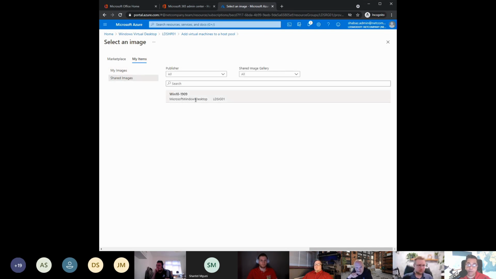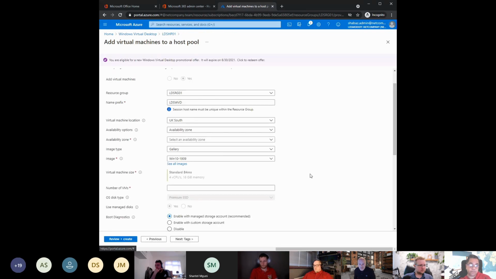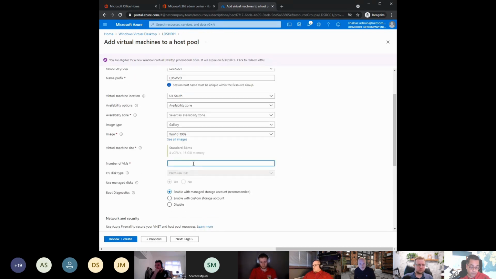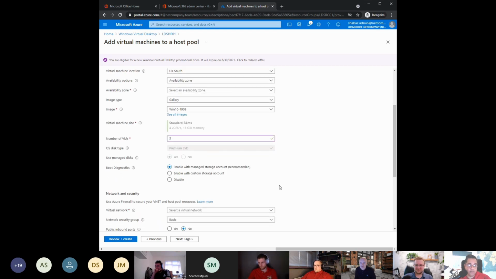What I've done beforehand, when I captured the image, is add that image as a new version on this particular image, so it's the latest version. When it deploys, it'll deploy the latest version of that image, if that makes sense. And how many virtual machines? Let's just say 3. I'm going to go through the steps, but it's going to be the same image that I'm deploying, so it's not going to make any difference.